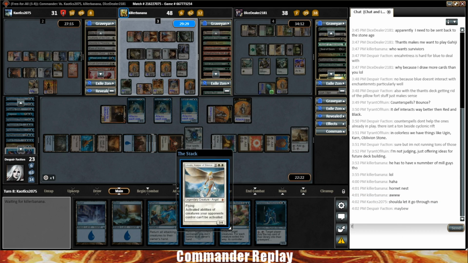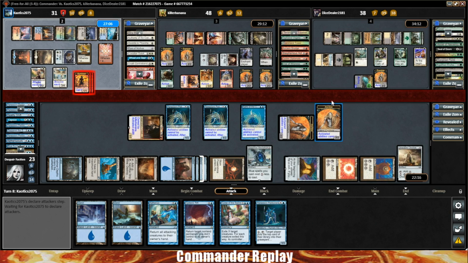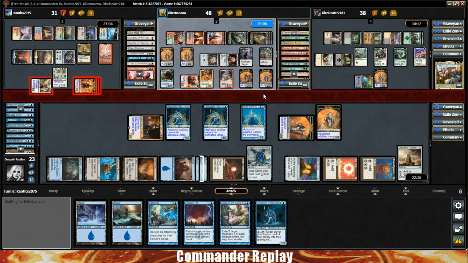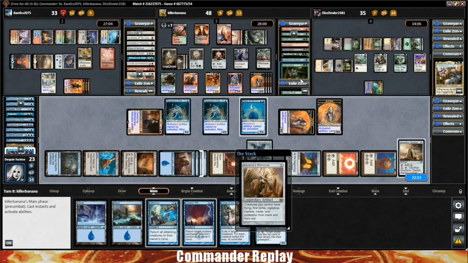Hey, that's a Linvala. That says our creature abilities can't be activated. Though, that does prevent us from dying to Zancha, so that's cool. Opponent going to send the survivors over to the Anafenza. And the Soulfire also over to the Anafenza. Thantis is going to start with a Harmonize. Sure. Opponent has a Blood Reckoning and says whenever a creature attacks you or a Planeswalker you control, that creature's controller loses 1 life. So attacking...